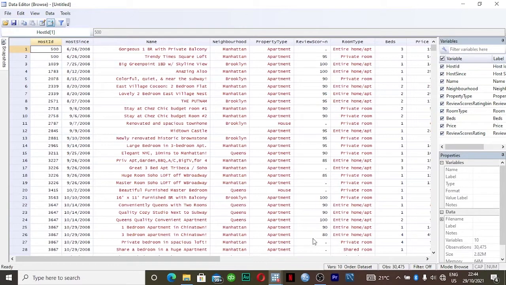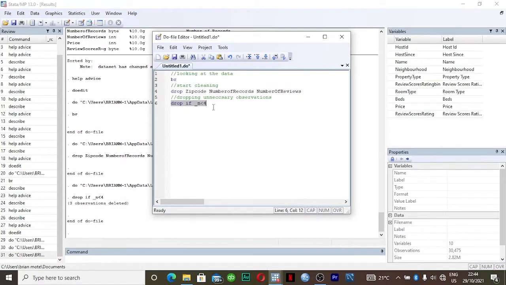Assuming you want to rename only this one, maybe here I want it to be duration, and the others I just want to remain like that. So we write a comment, renaming variables.